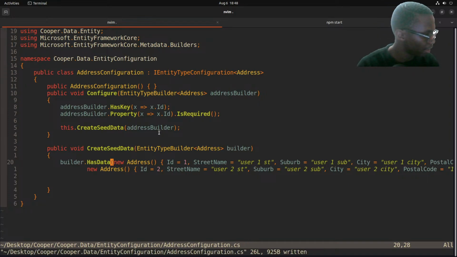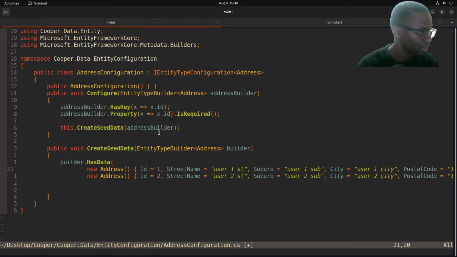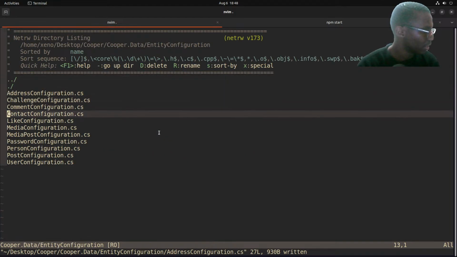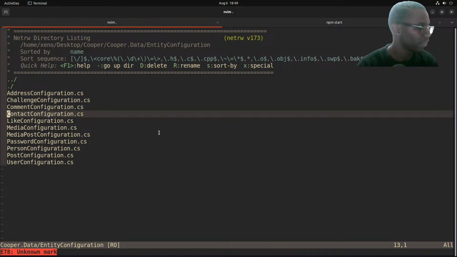Okay, so but I have this on in line. Okay, let me take it a bit back so you can see it. Nice. So, and then now we want to create the contact seed data for